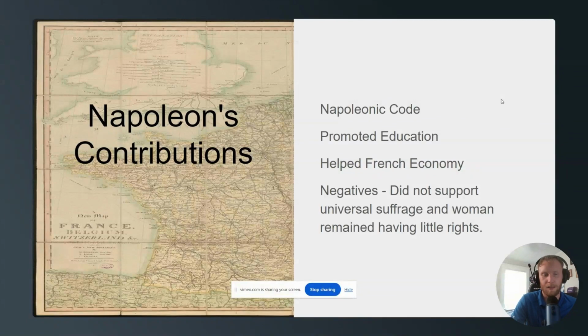On top of all of these things, for the peasants, what they were probably most concerned with is that he actually brought food and bread back into Paris and stopped the bloodshed. So with those two things, they were like, okay, this is better than it was before, so we'll take it, right?